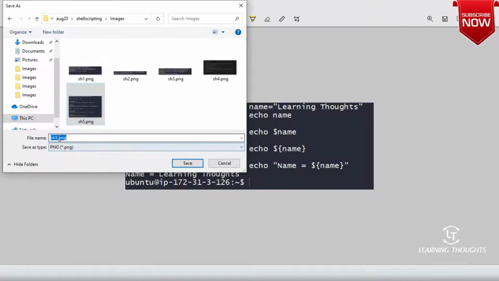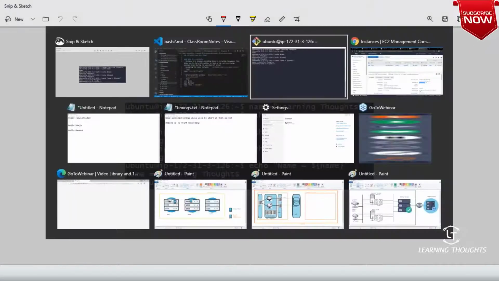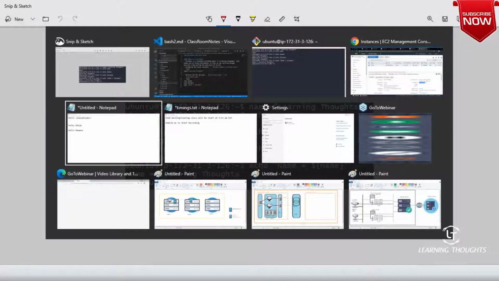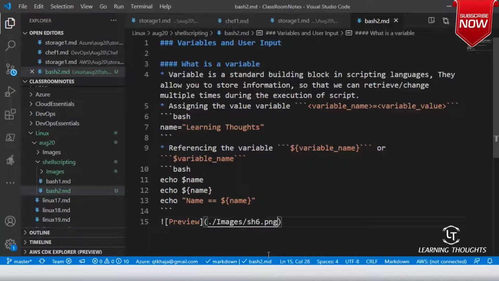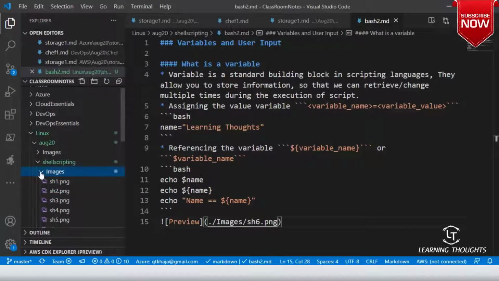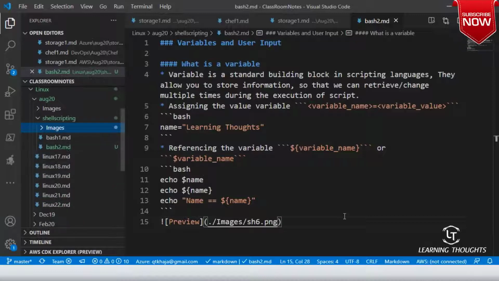Right. So right. So preview dot slash images slash sh6 dot png. Right. Good. Okay. Now